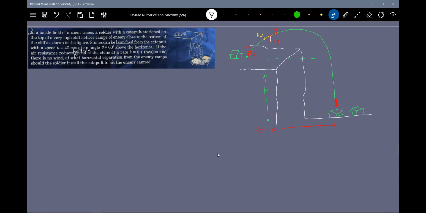This will be the path of cannon. Shall we go for describing the motion of cannon like this? I think we'll land in a big trouble. Instead, he has given some information. The resistance reduces speed of the stone at a rate and there is no wind. Horizontal